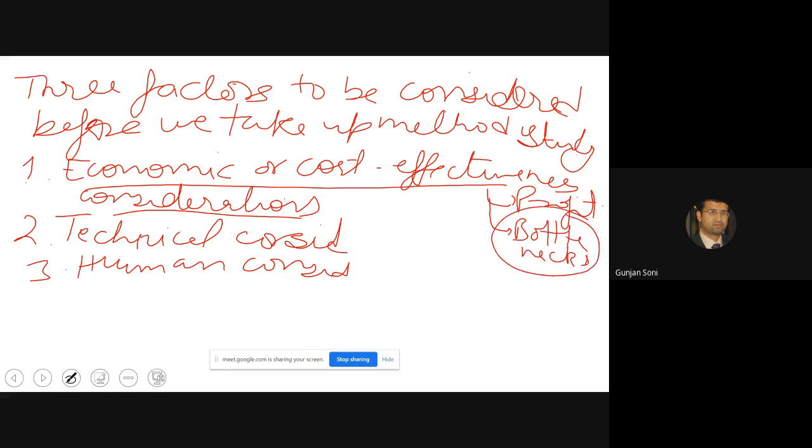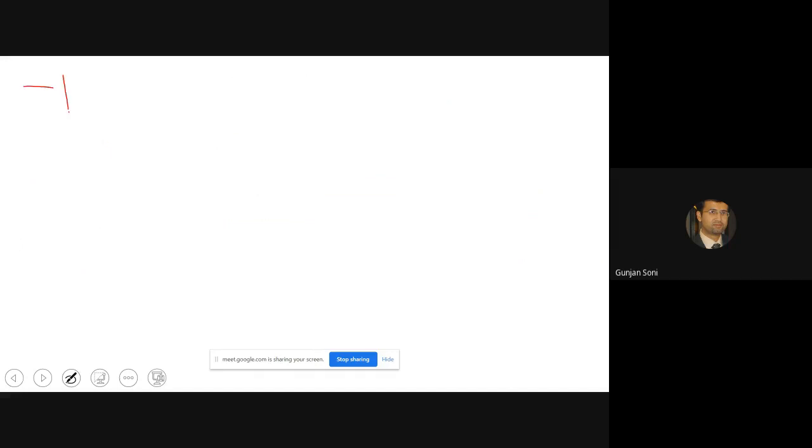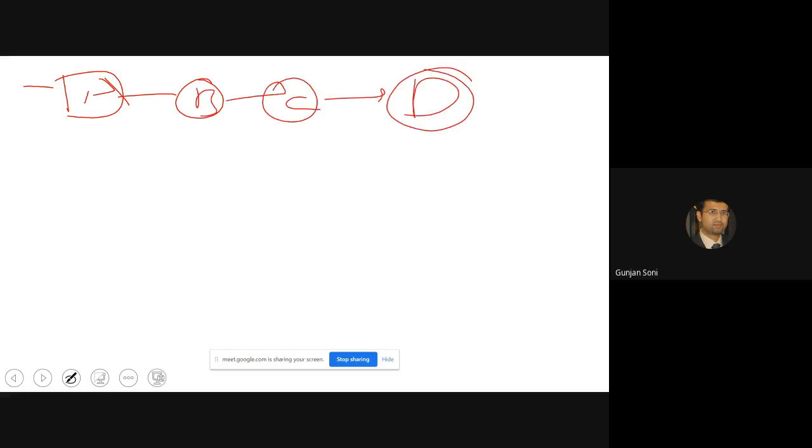Bottlenecks, you can consider. I have also talked about bottleneck earlier. Like in an assembly line, there are, let's say, workstations A, B, C, and D. Work passes through these A, B, C, D workstations. Work flows like this. On A it takes 4 minutes, on B it takes 9 minutes, on C it takes 2 minutes, on D it takes 8 minutes.